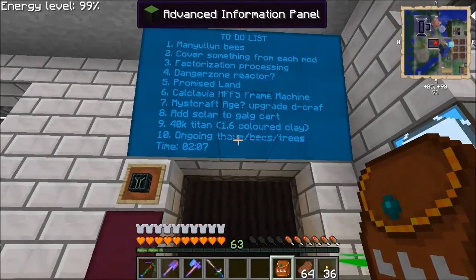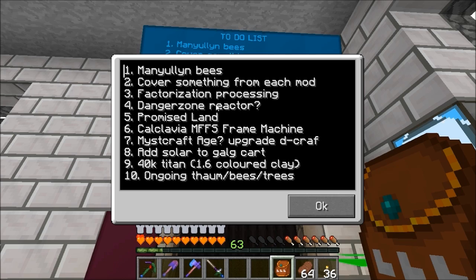I need to update this a little bit, so let's have a look. Manilian bees we've done. Cover something from each mod, not done yet. Factorization processing, not done yet. Promised Land, we've been and seen it. And